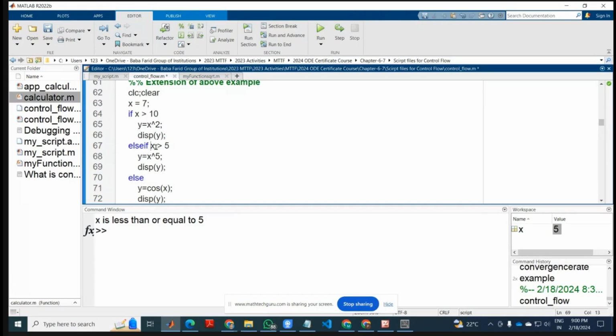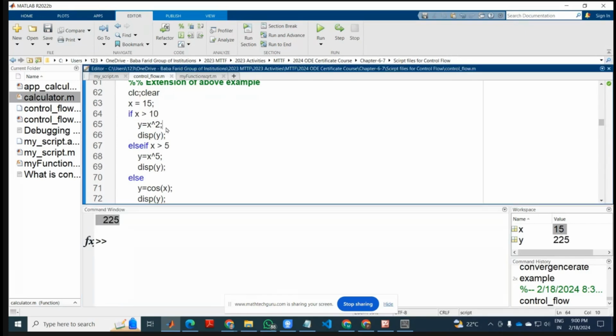If x is greater than 5 but less than or equal to 10, then this statement will be executed, and you can see that here y is equal to x raised to the power 5. And for the other values, when these two statements are false, another statement has been introduced. When these statements are false, this statement will be executed. We have the value of x at this place as 15, and the first statement is satisfied. Run the code, and you can see that